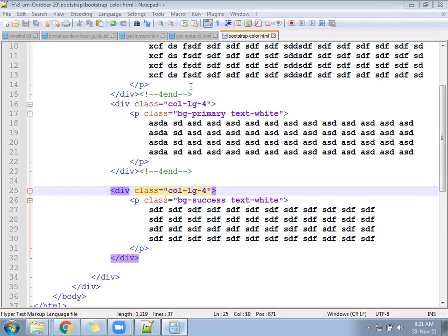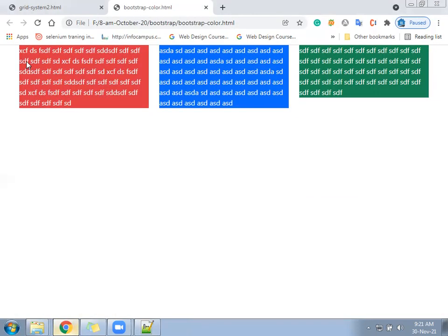After that, I will share some list of classes for margin and padding. See, the text is coming here. It is not a little inside. It is completely starting from the beginning and ending at the last. The text is coming inside the block, but it doesn't look professional. We want to give some space inside. The outside gap is there because there is a gap between two columns, no problem at all. But inside you need some gap.